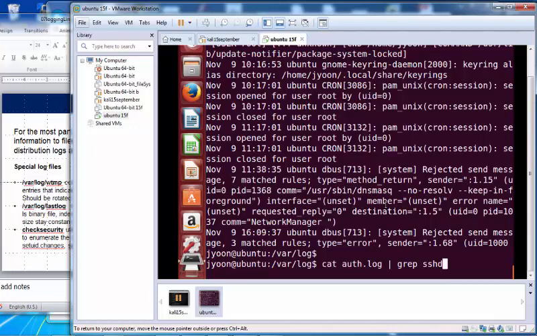What is the SSHD? SSH means secure shell. D means daemon, like a ghost. A daemon is a service program, which is a server.